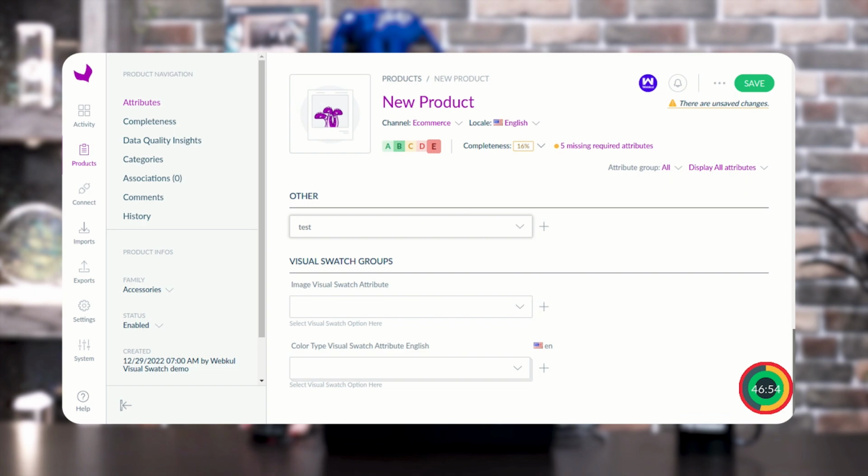So this is all about how you can create the product and how the created visual switches will appear in that particular product. Now I am going to show you how admin can also export the visual switches options via CSV and Excel XLSX file.